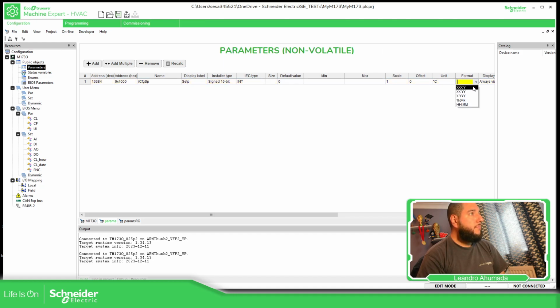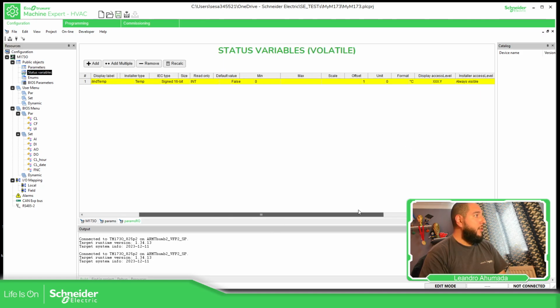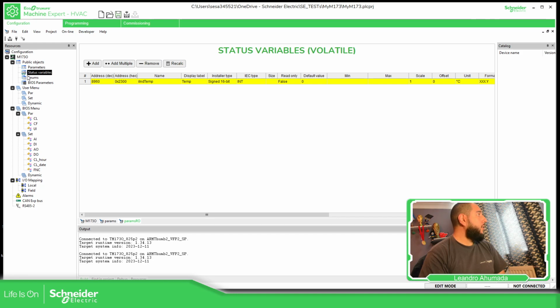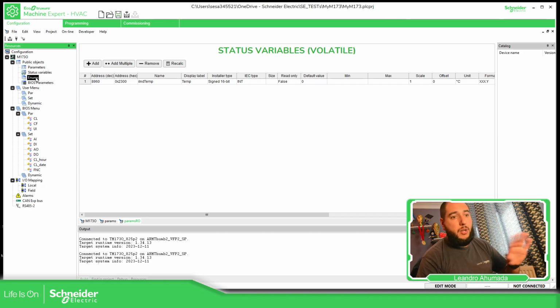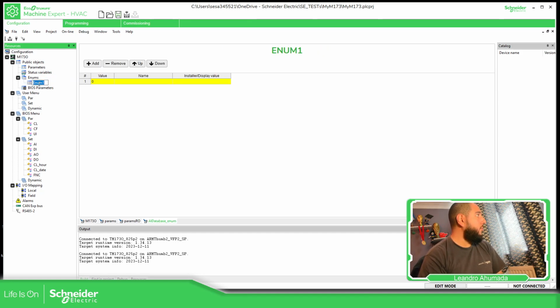Here, format, and there we go. I wasn't showing that. Okay, so parameter status, you have the same over there. Good. So we have enums, we have the possibility to change things similar to the other one, just create enums,